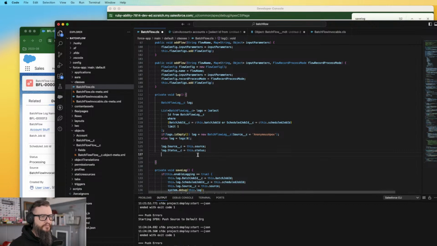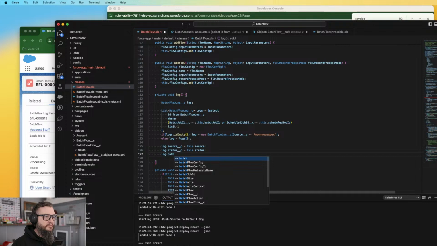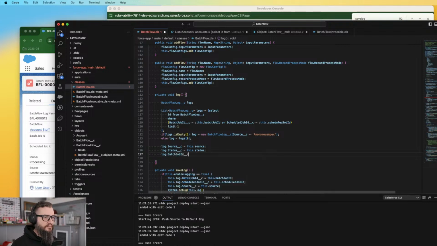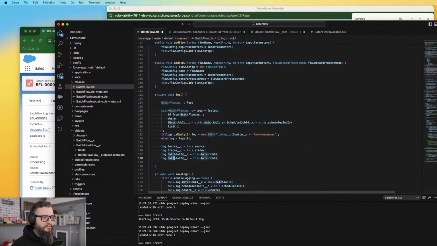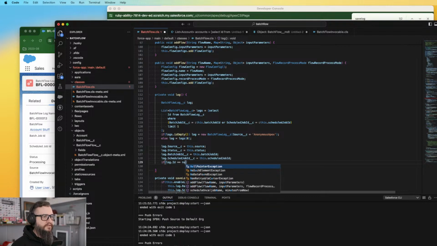What else do we have? We'll set the... Oops. Schedule job ID. We can set these all the time. They're always going to be the same. But I think we have to say if log.id is null, then log.batchflow